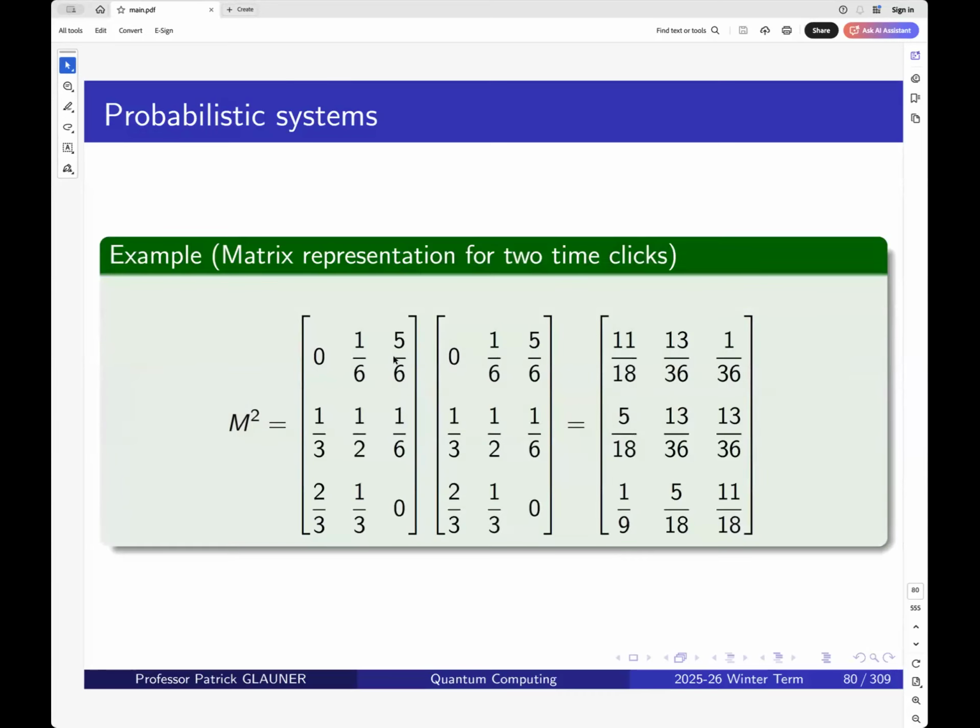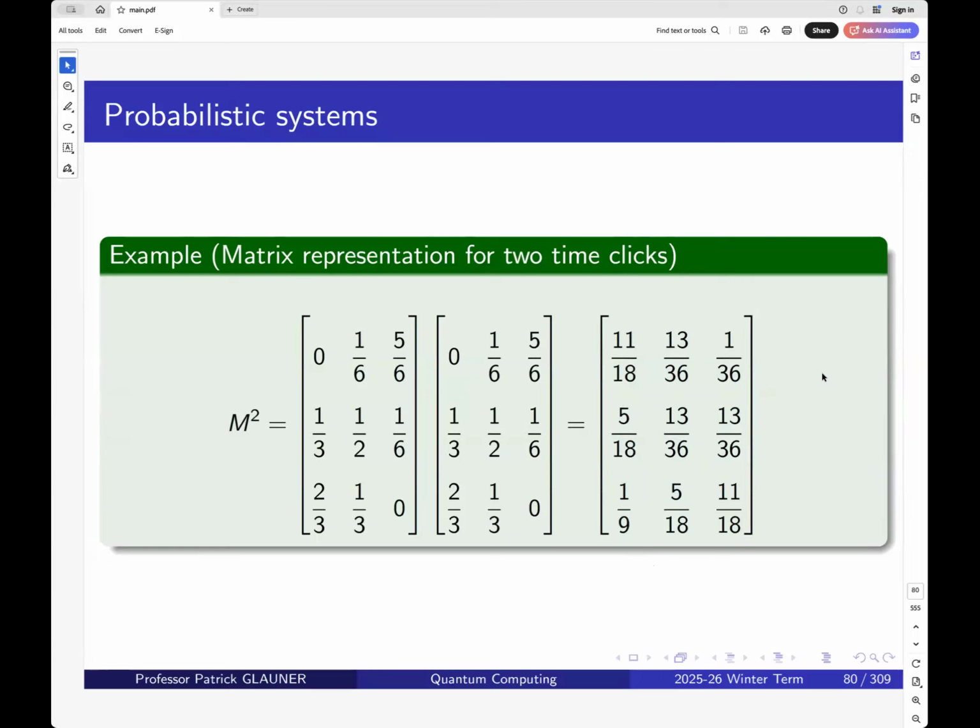And again, this is something you're most welcome to test at home. We have our matrix M from before for our probabilistic system, and we multiply it with itself. We would get this matrix here. And if you check this at home and you get this matrix, you will also see that it's a doubly stochastic matrix,